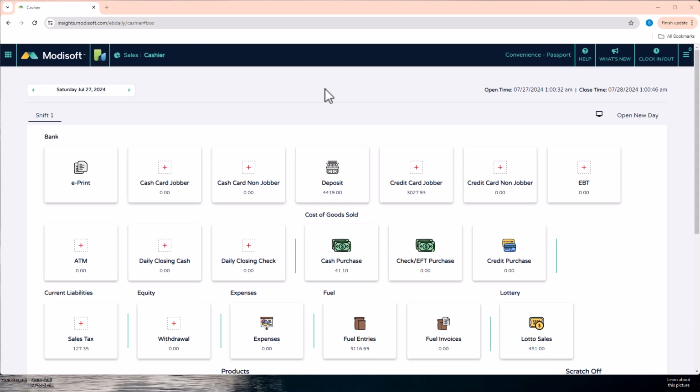My name is Jonathan, and today we're going to be going over managing your fuel inventory and the inventory alerts in Modisoft. As a store owner that sells fuel at their convenience store, it is very important that you're always up to date with your inventory. So we do have an easy setup process in Modisoft that can get you started and keep track of